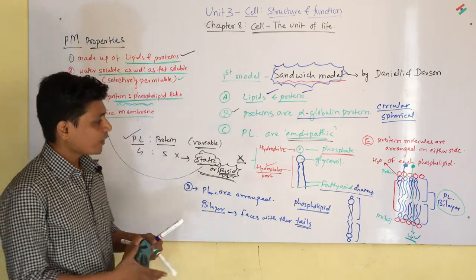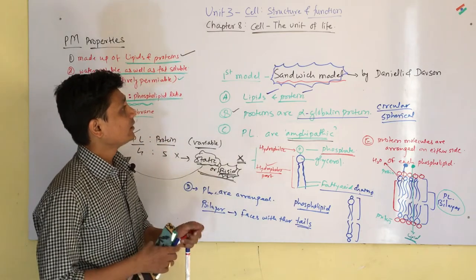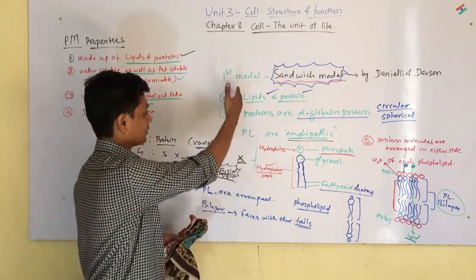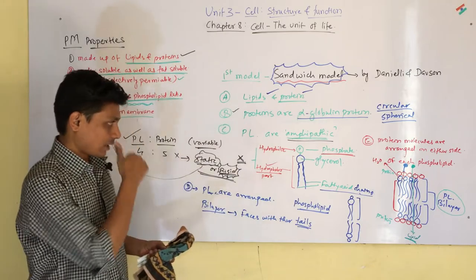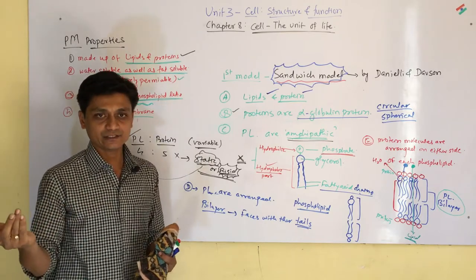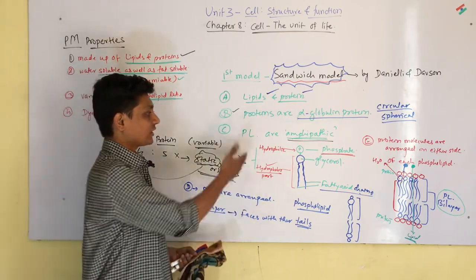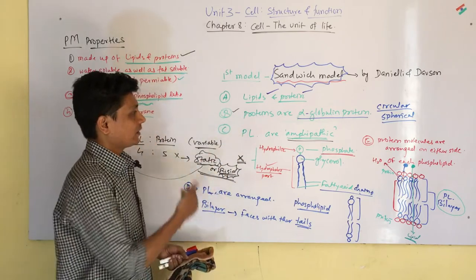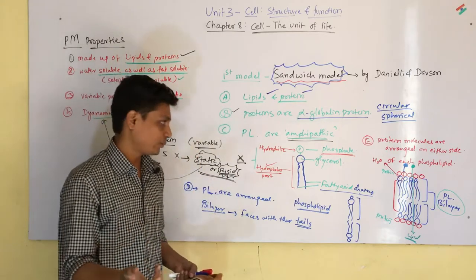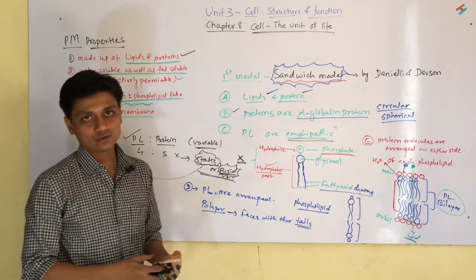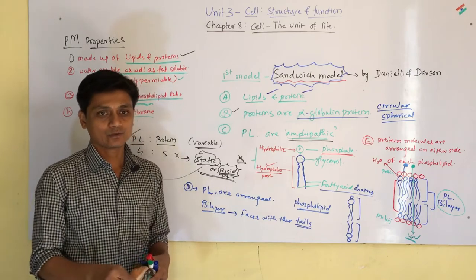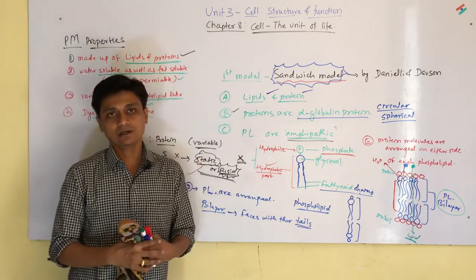But some points from this sandwich model given by Danielli and Davson are very important, as they explained very correct things about the plasma membrane. So the next scientists came, used this as a reference for their study, and nullified whatever drawbacks they found. These are the 3 drawbacks they nullified, and they proposed a second model, the unit membrane model. And the next one is the fluid mosaic model. We will discuss those models in the next video.